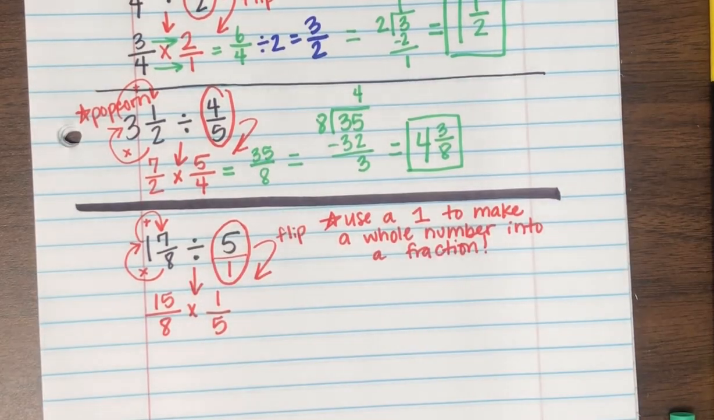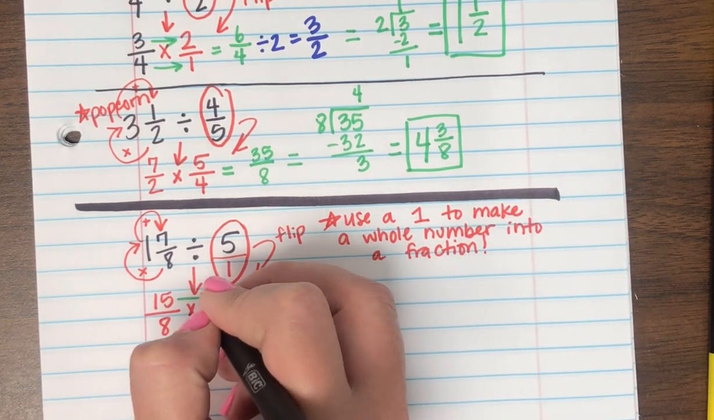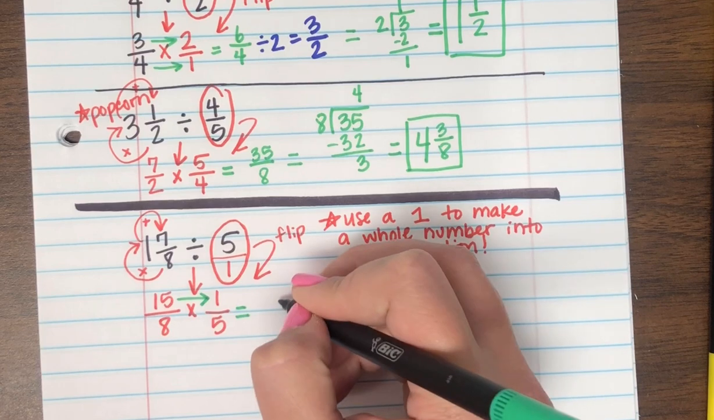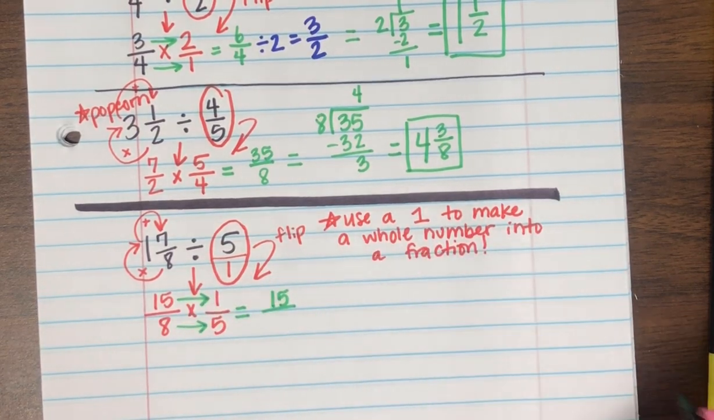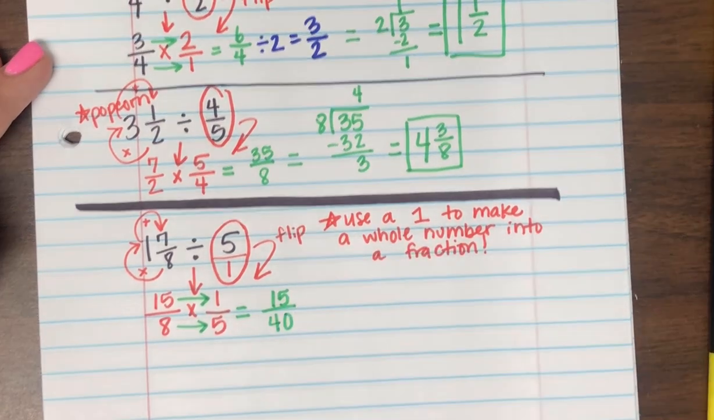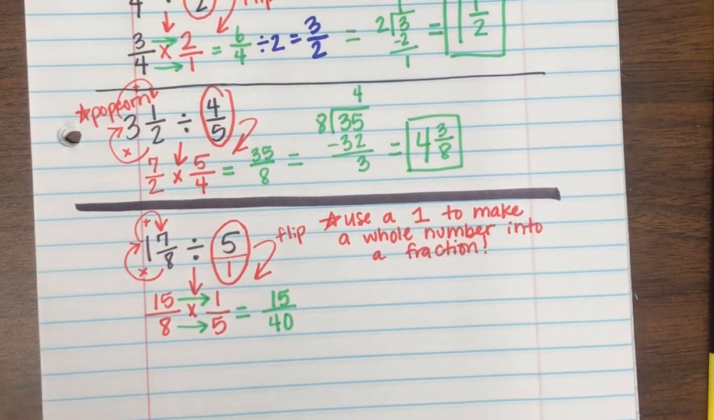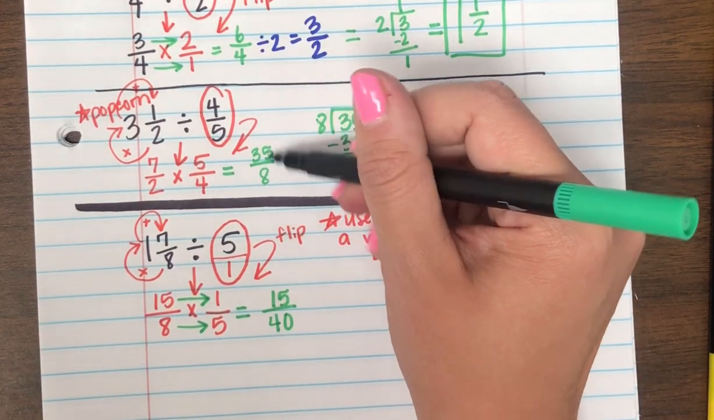Remember, every division problem with fractions turns into multiplication. Okay, let's do our multiplication then. To multiply fractions, you know you've got them, it's top times top. So 15 times 1 is 15, and bottom times bottom. 8 times 5 is 40. Awesome. And in this case, we don't have an improper fraction like we had here, so that's kind of a